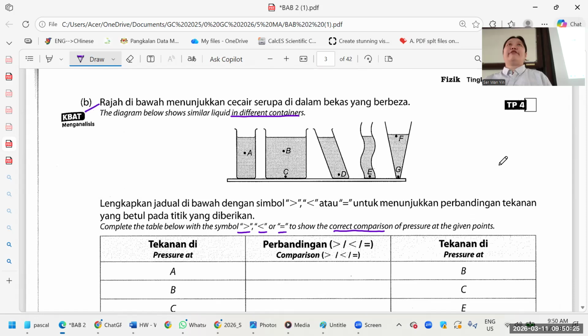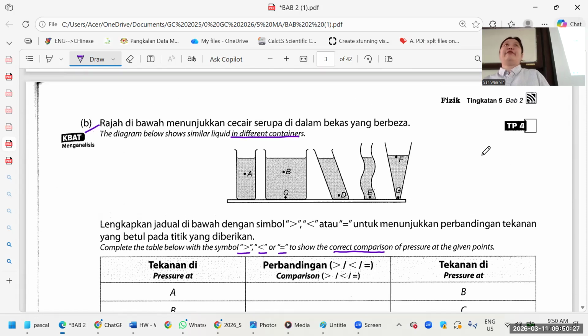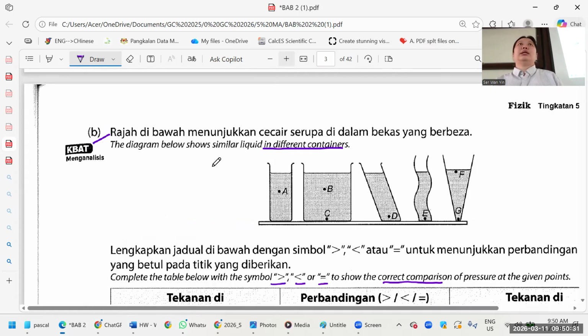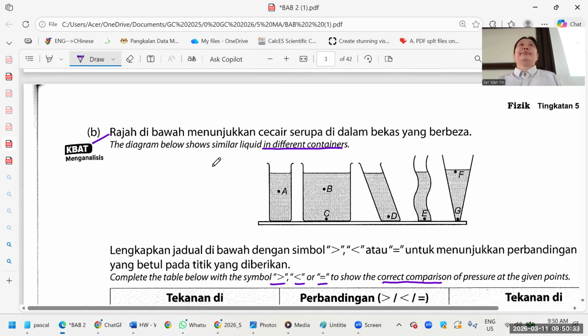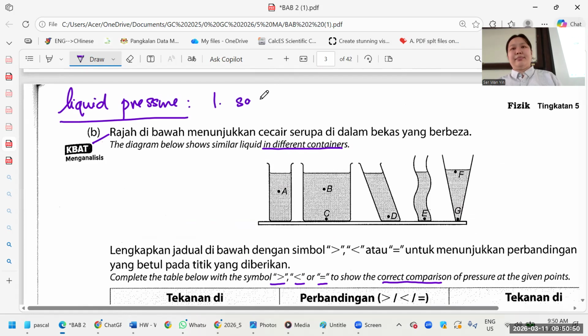Okay, so the first, here are a few characteristics of liquid pressure. Number one, same depth,